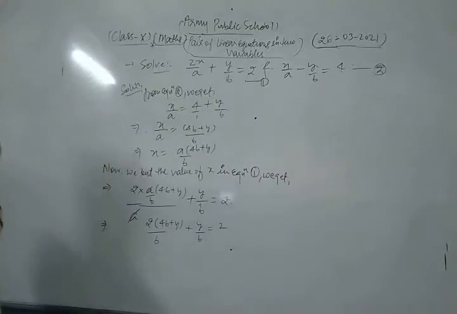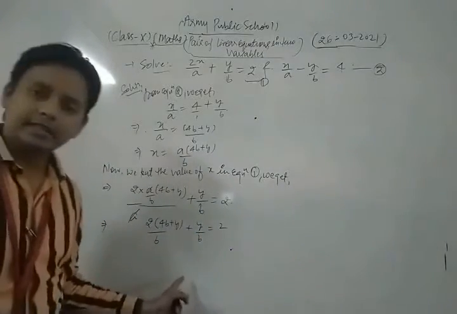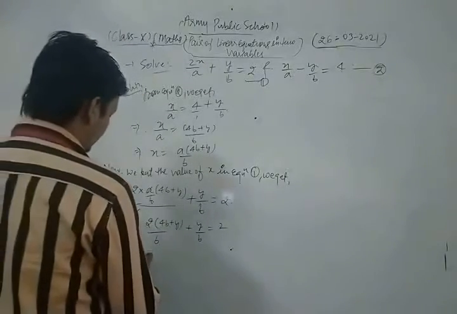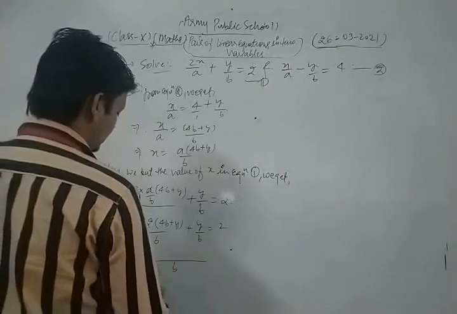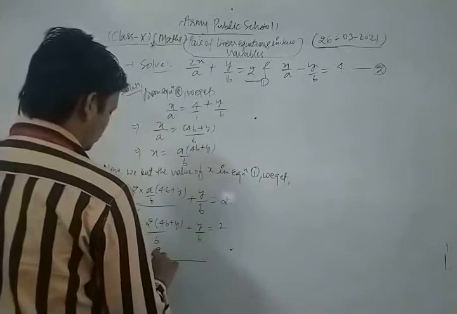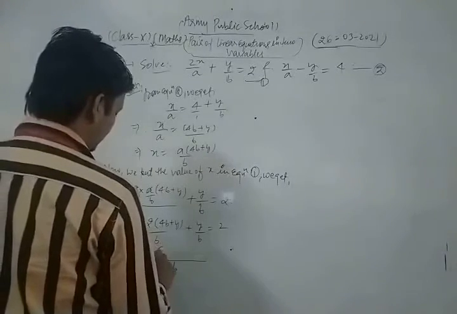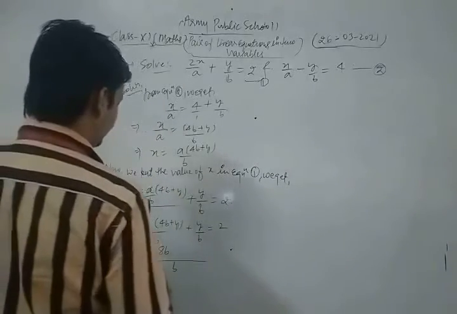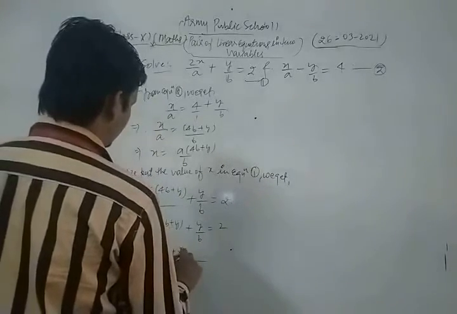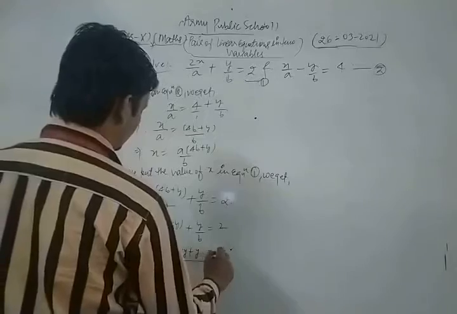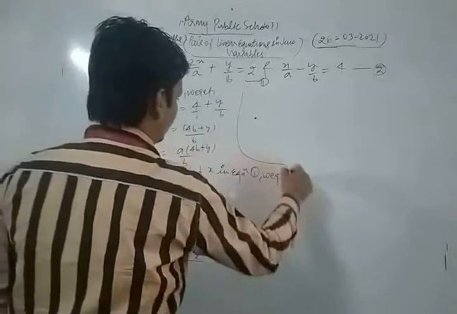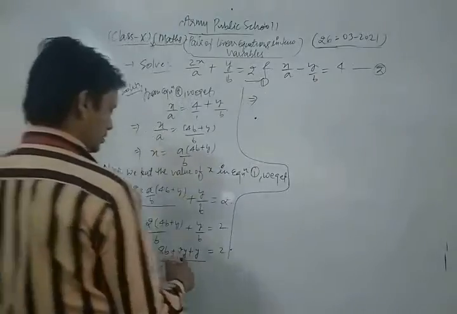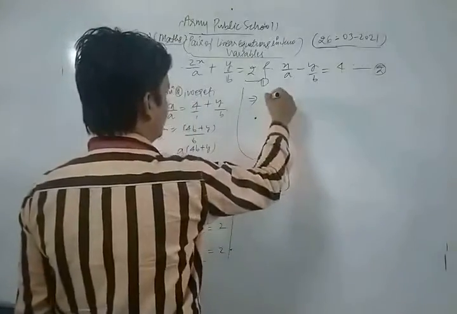Okay, dear students, now what I do? Here we take the LCM of their denominator. So we get what? Let's see. 2 4 the 8b. 2 4 the 8b plus 2y is equal to 2b. Now let's see. Thus we get 3y plus 8b